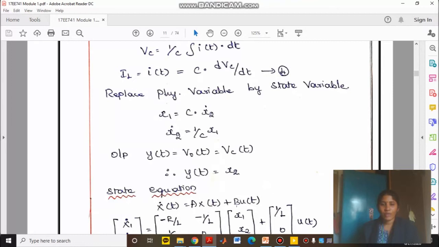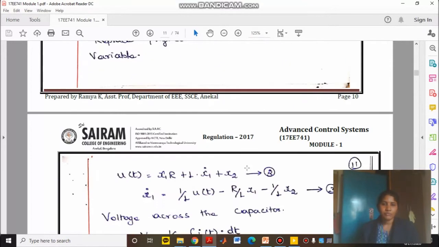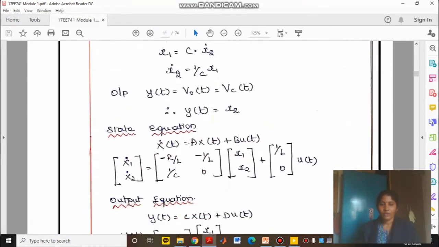What is the order of the matrix B? It is your state variable representation. So here n is equal to 2, and u is nothing but your input. Input ranges from 1 to m. So in the given circuit, how many inputs do we have? Only one input. So we have 2 state variables and 1 input. Therefore the order of the matrix B is 2 cross 1. It means 2 rows and 1 column.